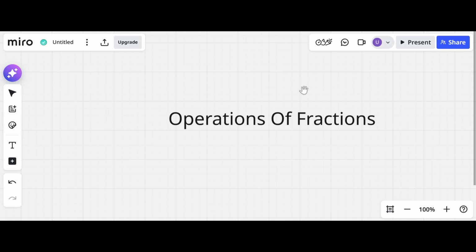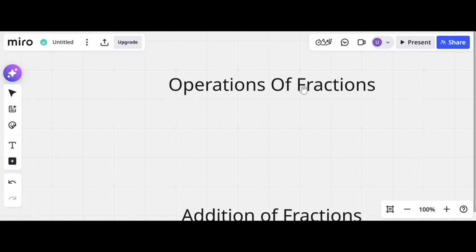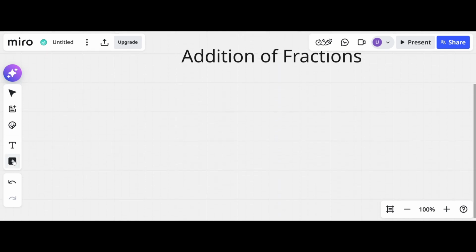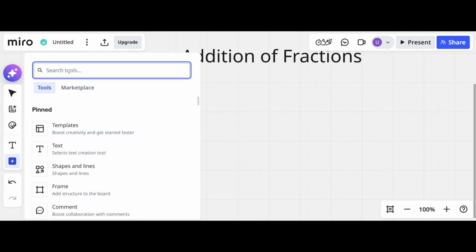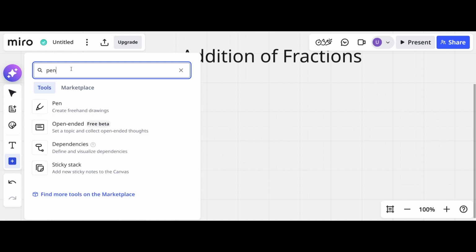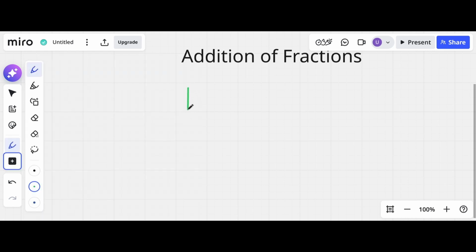So today, we're going to be focusing on operations of fractions. The first thing that we're going to start with is addition of fractions. Now, if I have two fractions here, most of you understand adding fractions by finding the LCM, which is a common denominator, and then adding and manipulating